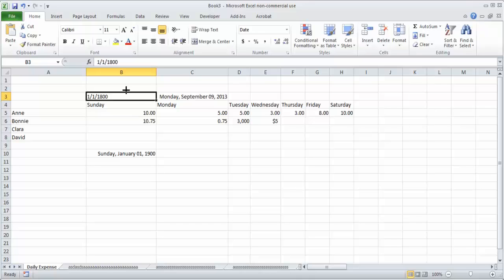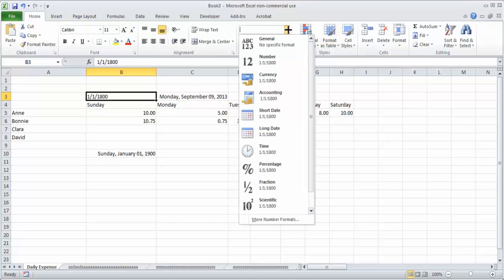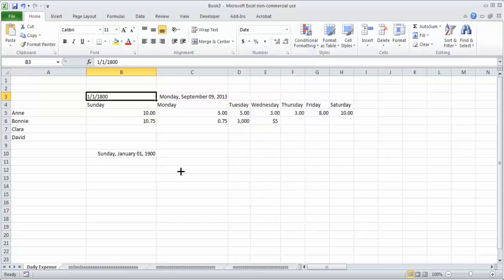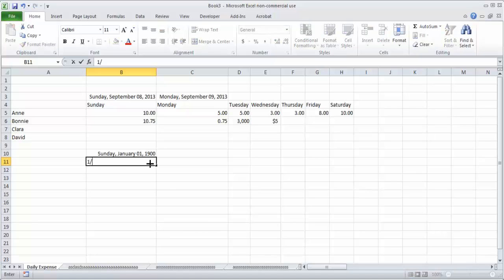So in Excel, by default, you cannot have any day before 1900. Also, you cannot have any days after 31st December 9999.